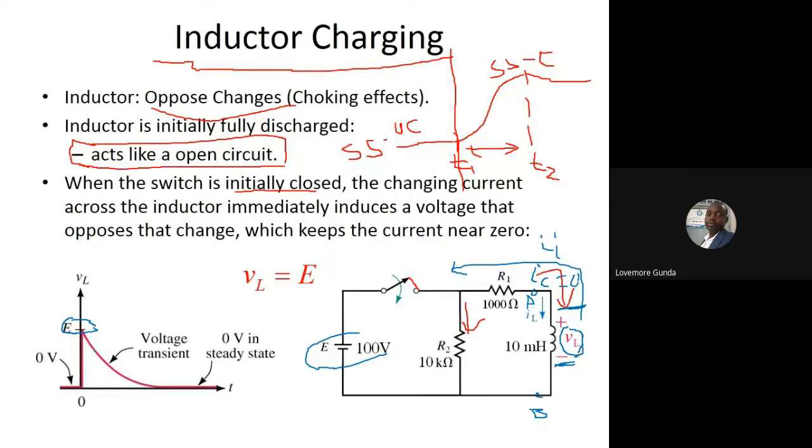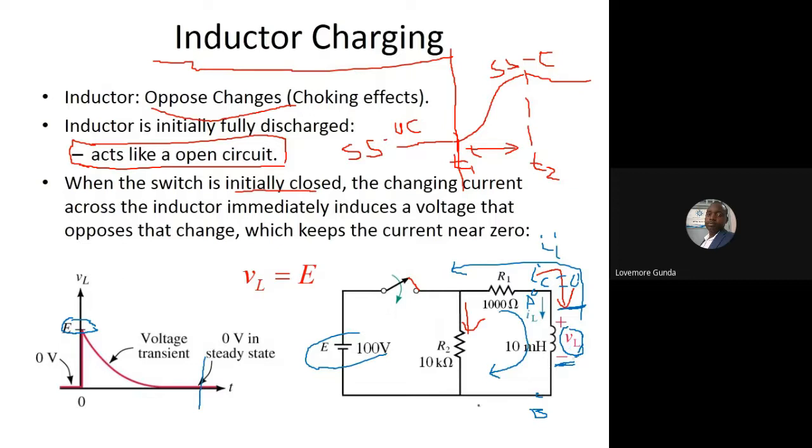As it starts to decrease, it means some current starts flowing in that direction. So the current will be building slowly until you get to a steady state whereby the voltage across